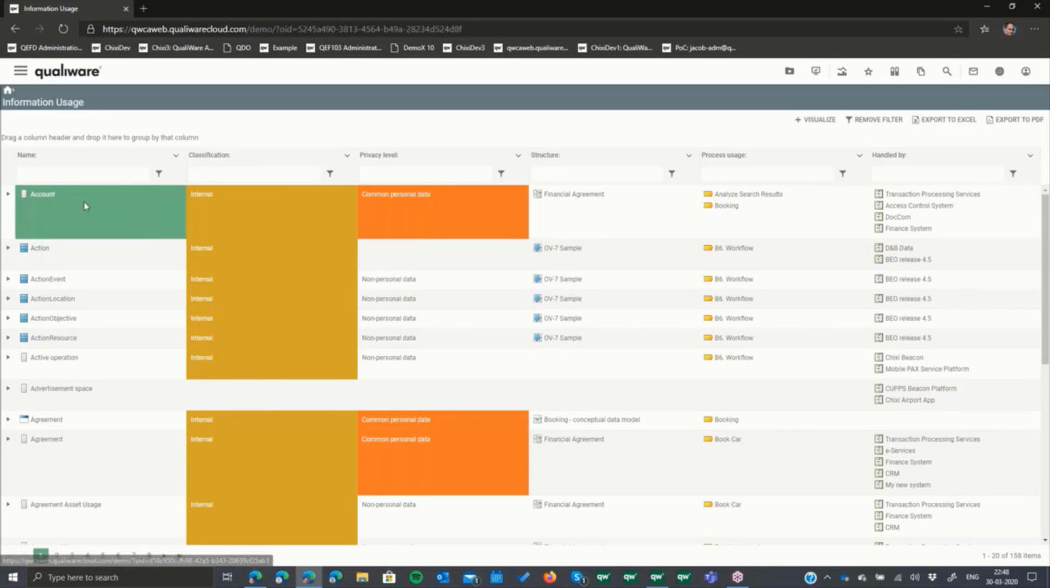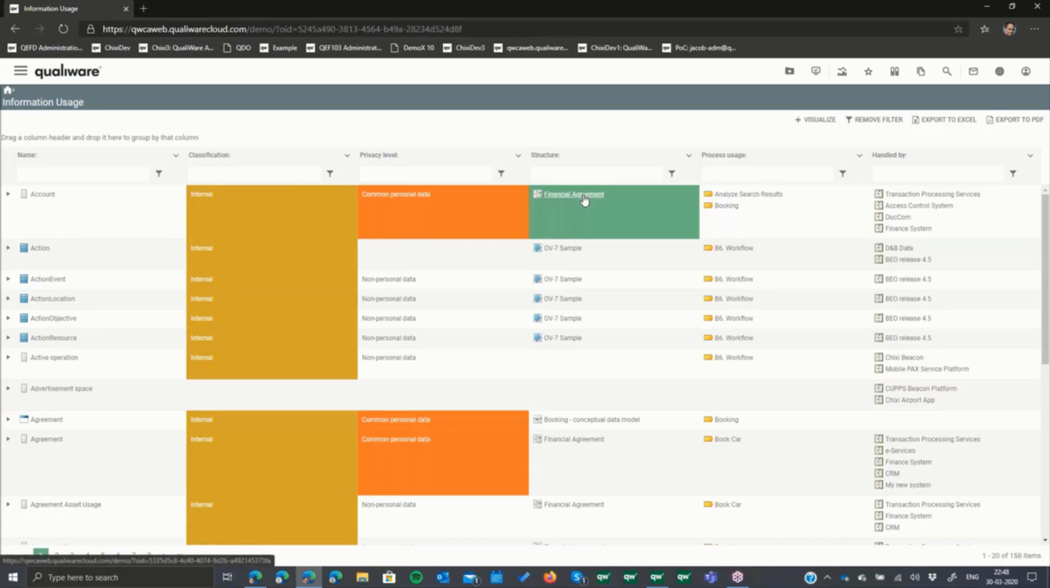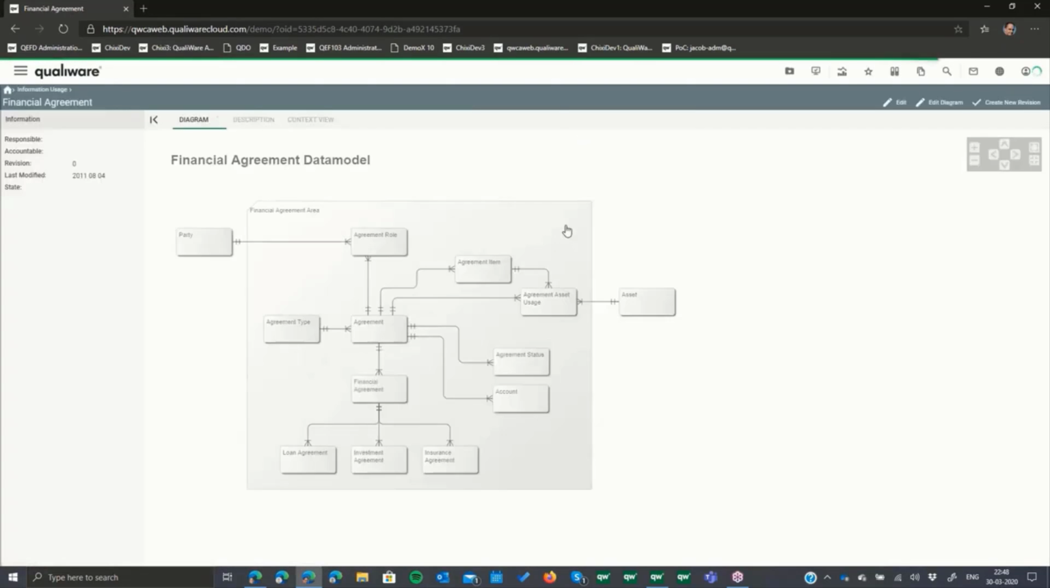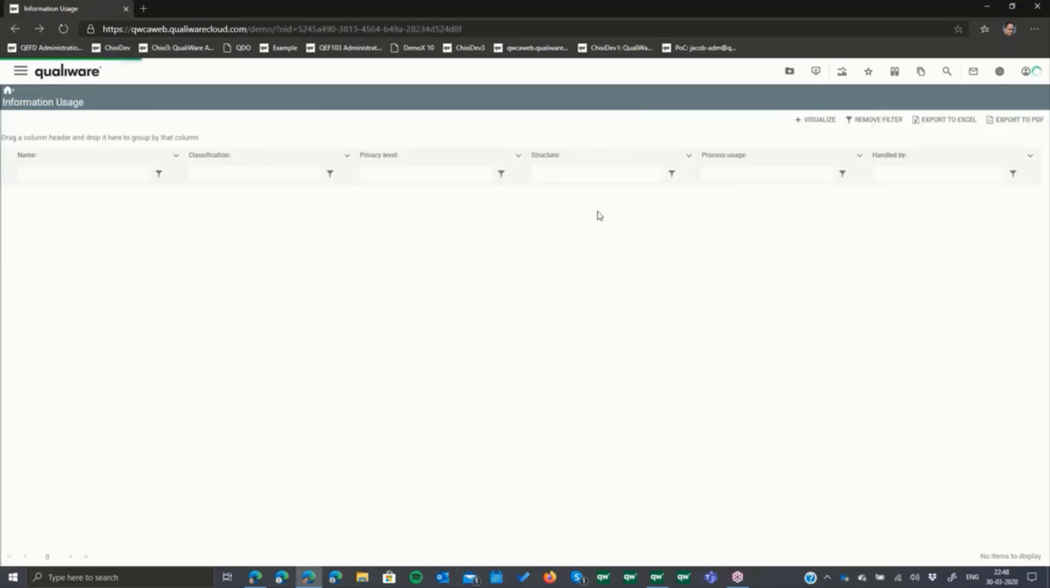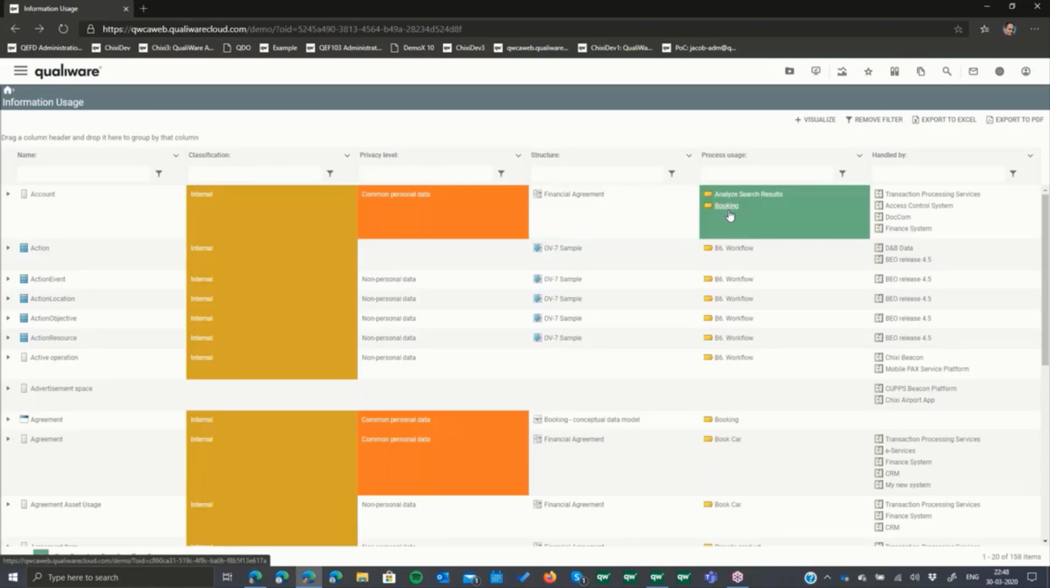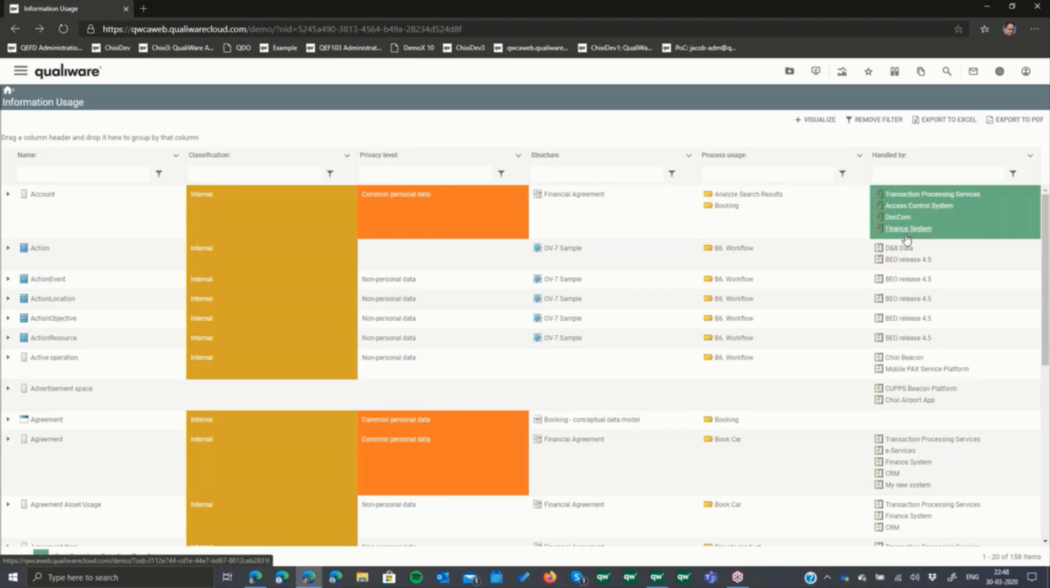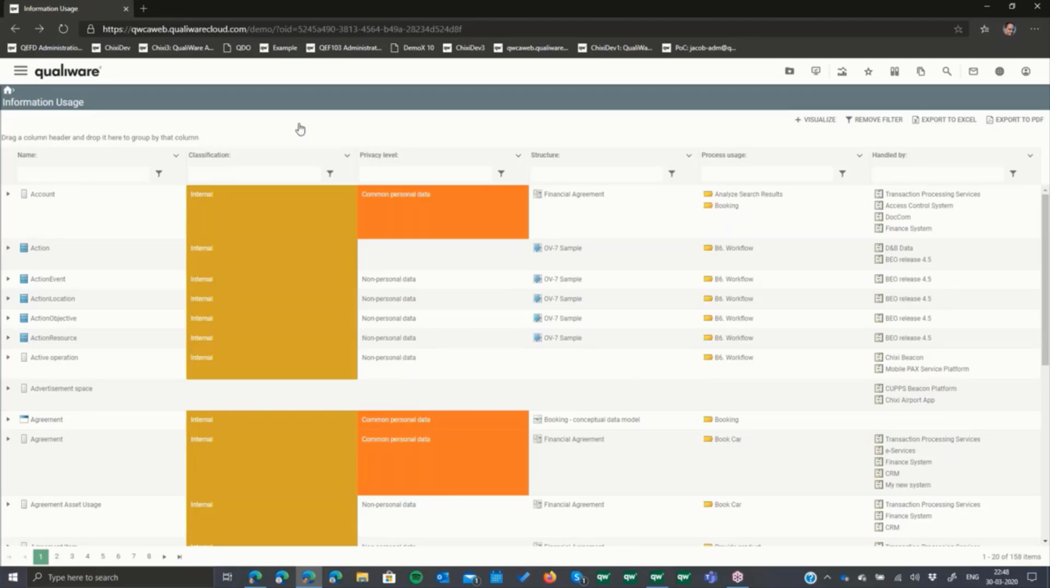So if I want to find out where that account information is, I can click on that data structure and it can show me that underlying data model. And I can also see which processes are using that information, and which IT systems are using this. These tables in here,